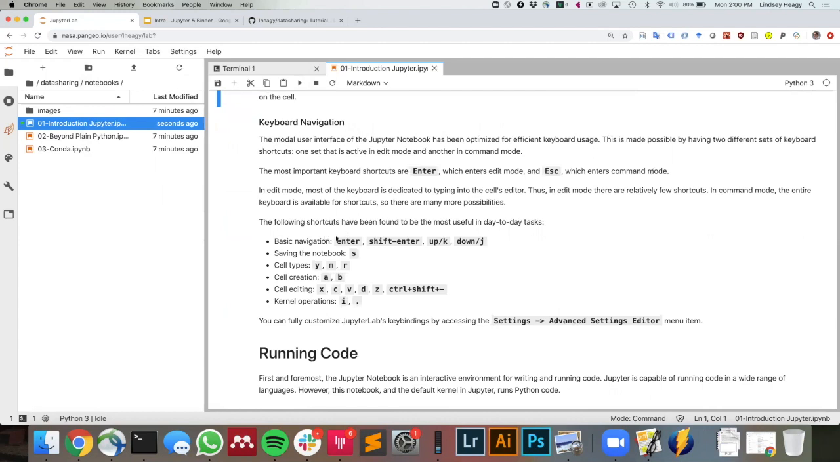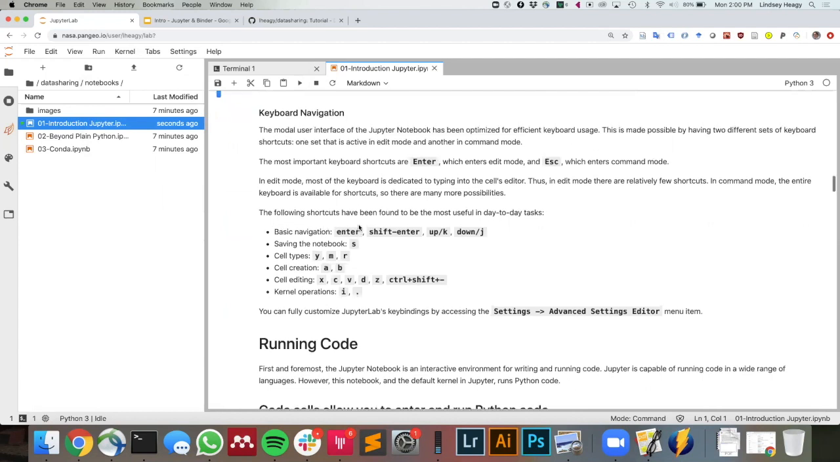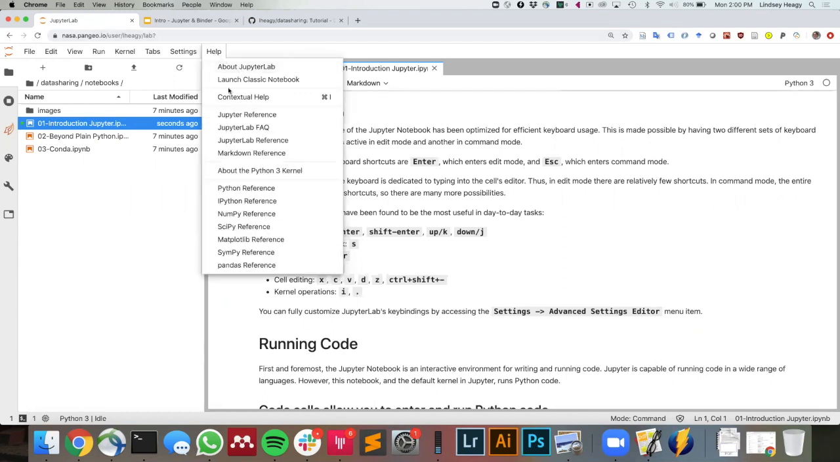There's a few different cell shortcuts that are helpful, and you can always pull these up. I believe it's help, and then